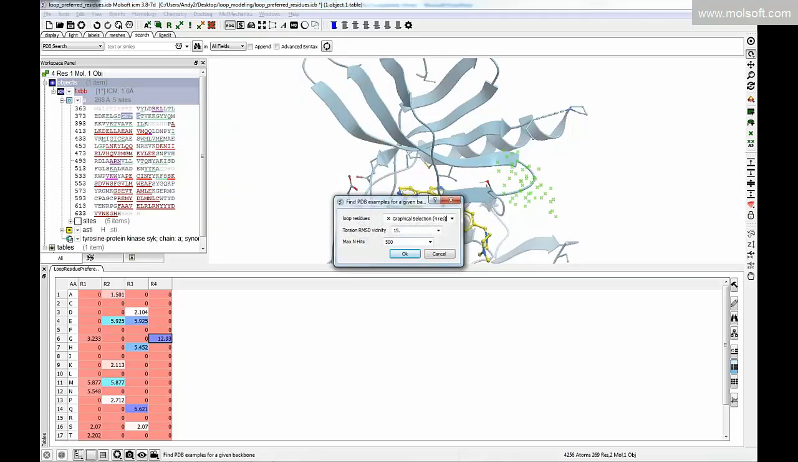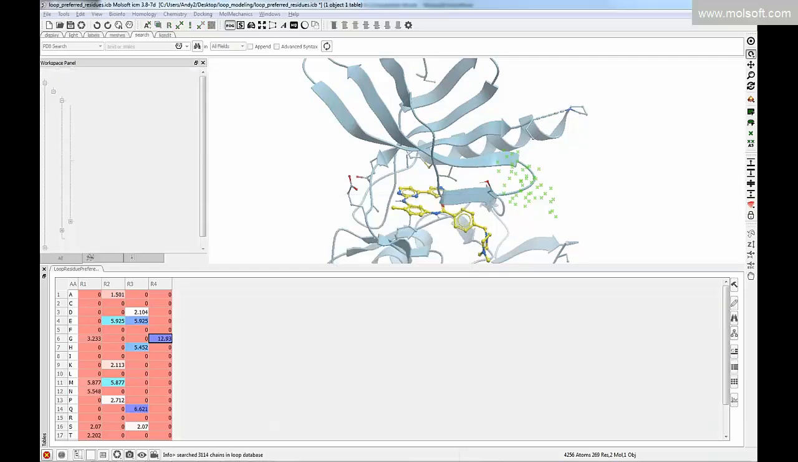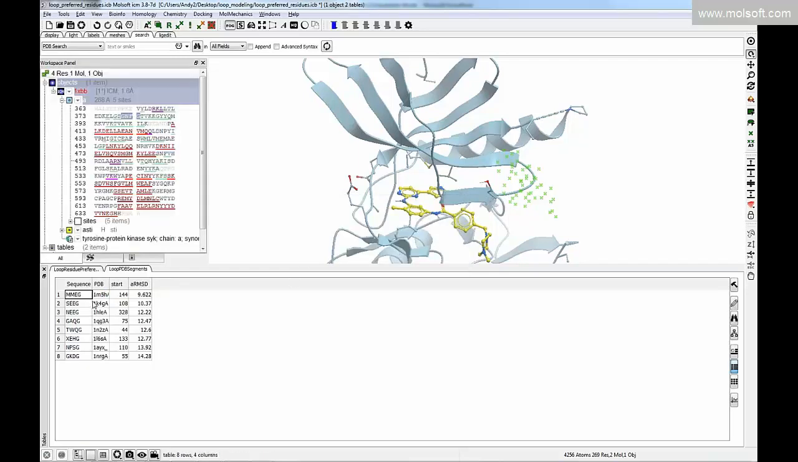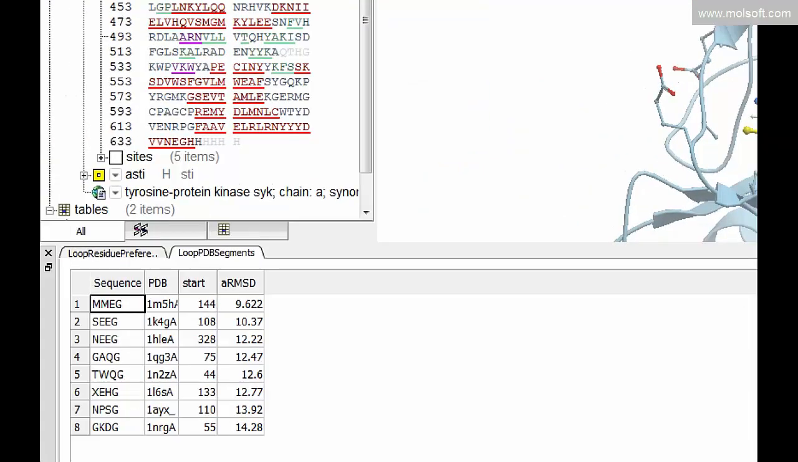The loop residues selection is shown here. The RMSD, we can play around with that if you wanted to find more diverse structures, but this is going to find similar ones. And the maximum number of hits returned is 500. So just go OK. And so we get a new table called loop PDB segments, and these show loop regions which have similar conformation rather than sequence. Sequences are different,